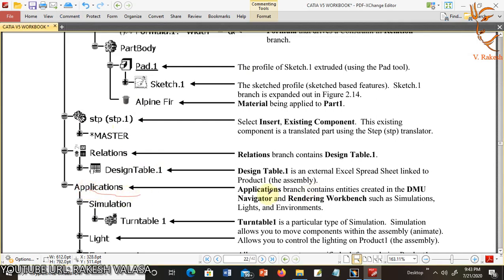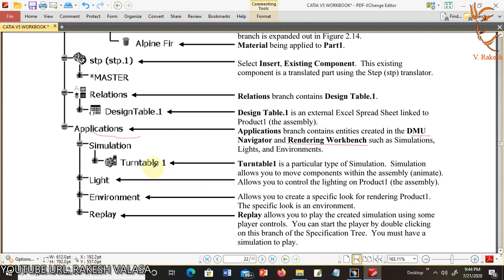Application branch contains entities created in the DMU navigator and rendering workbench such as simulations, lights and environments. Next one is in simulation turntable. Turntable one is a particular type of simulation. Simulation allows you to move components within the assembly, that means animate. Next one is light.